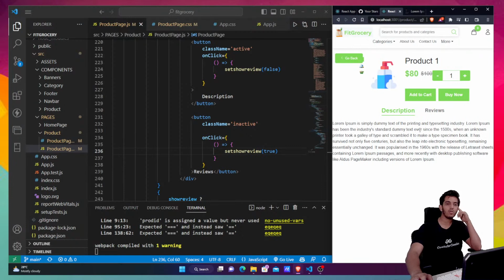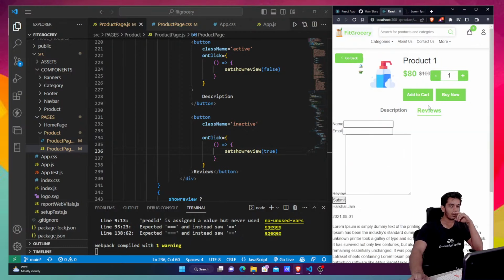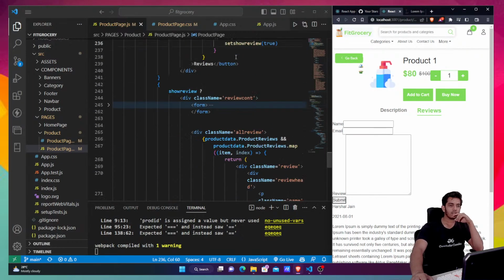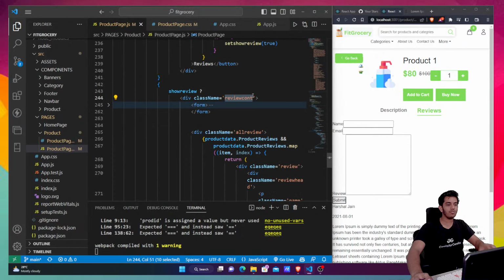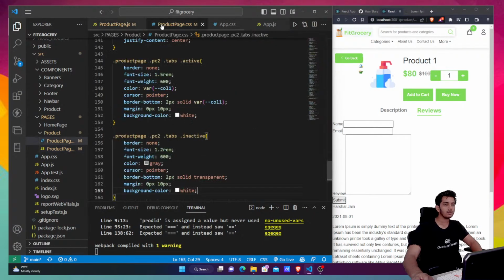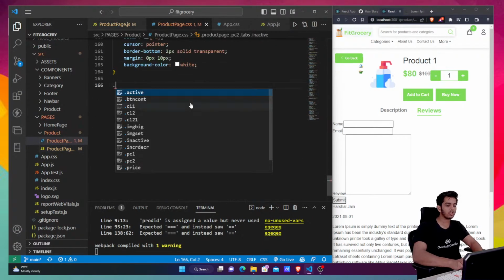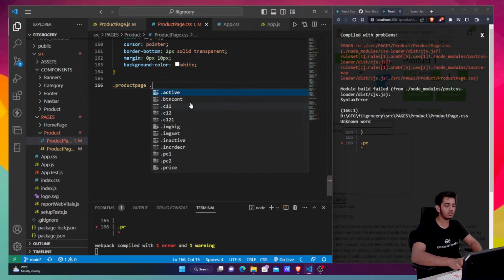Okay, so I hope you understood this one. And now we are going to style this. We are going to refine this one. Okay, so now we'll target the review container. This one. So I hope I have given this a class. You can see that I have given this a class of review container. So I'll just copy this and I'll say dot product page dot